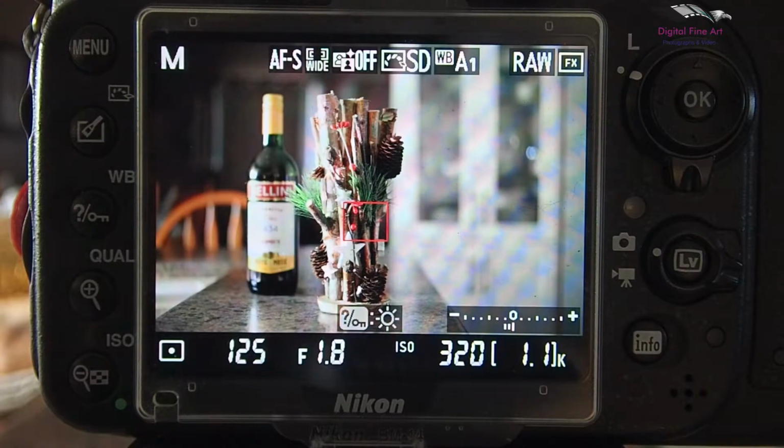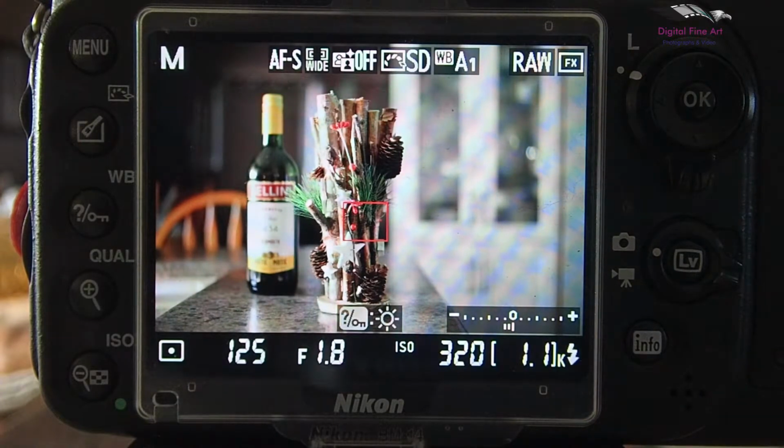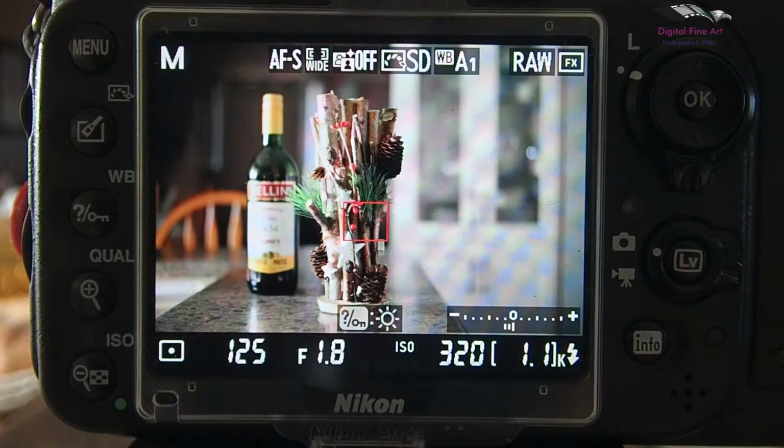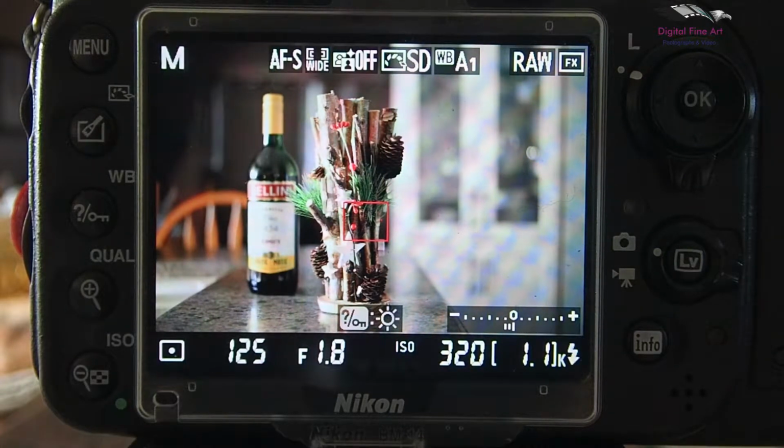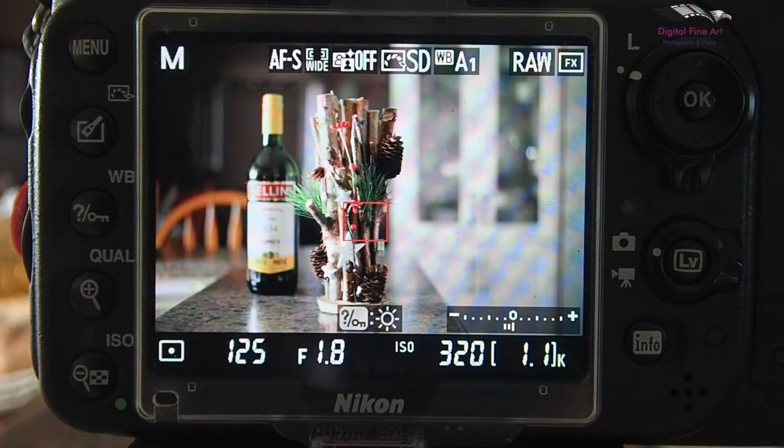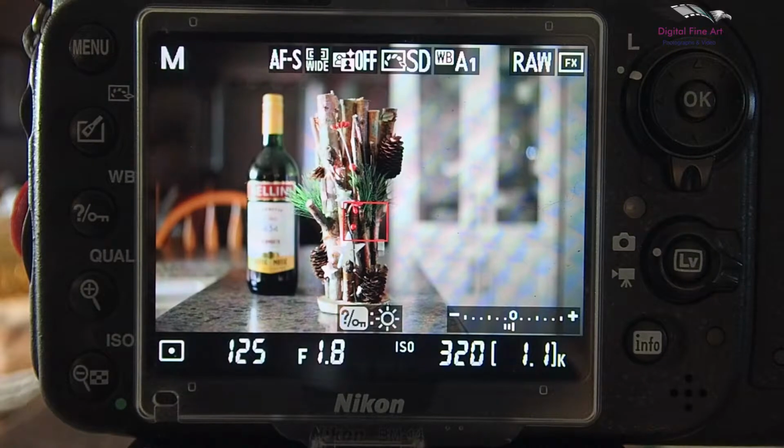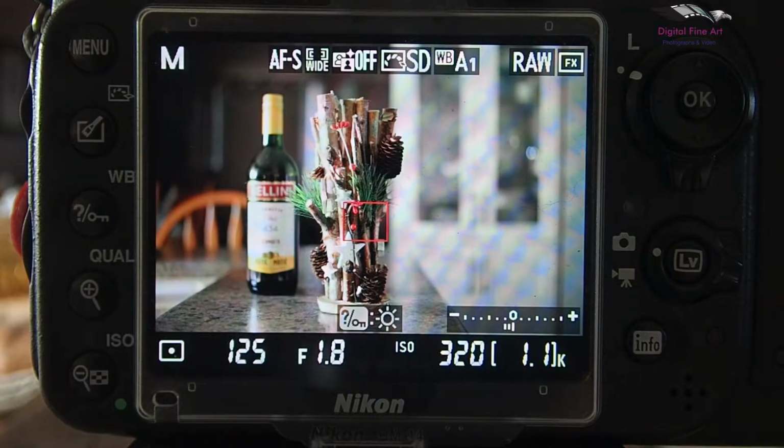Okay, what I'd like to talk about now is depth of field or field of focus. Both are exactly the same thing. What do we mean by field of focus, depth of field? Well, first of all, it's adjusted by our f-stop setting. Our aperture. Aperture. What is aperture? It's what we use to be creative